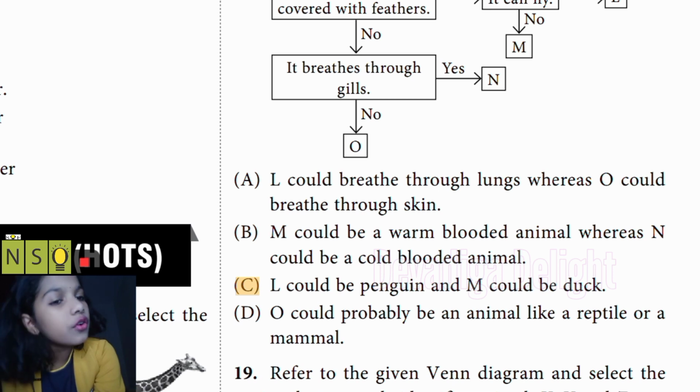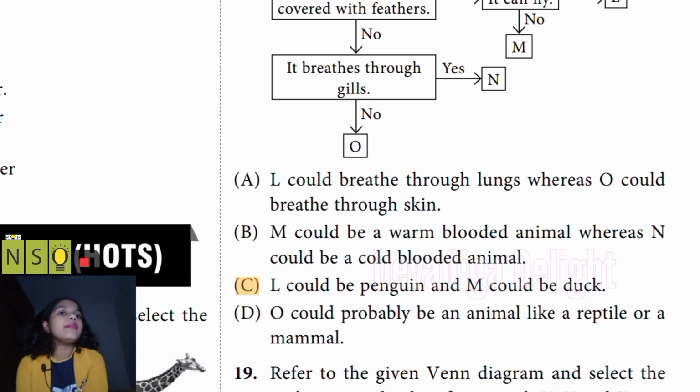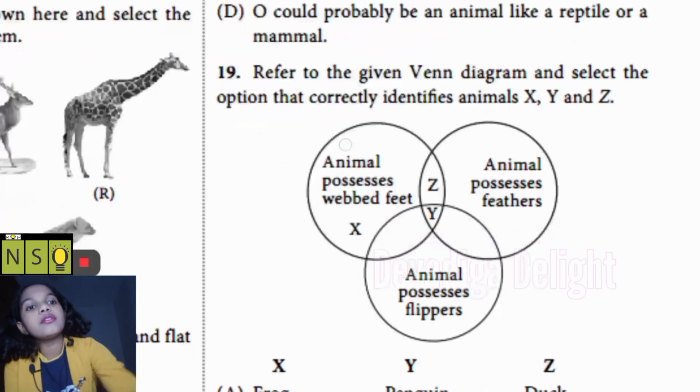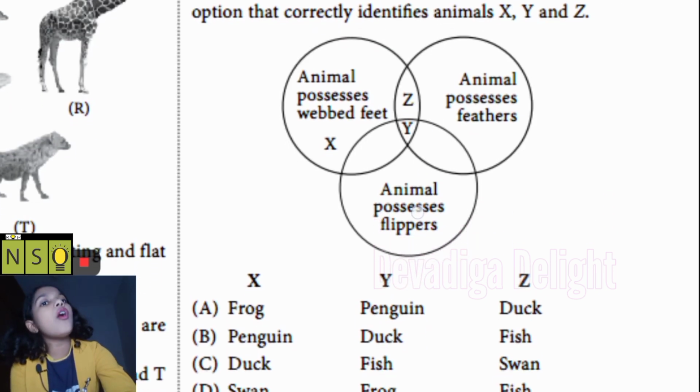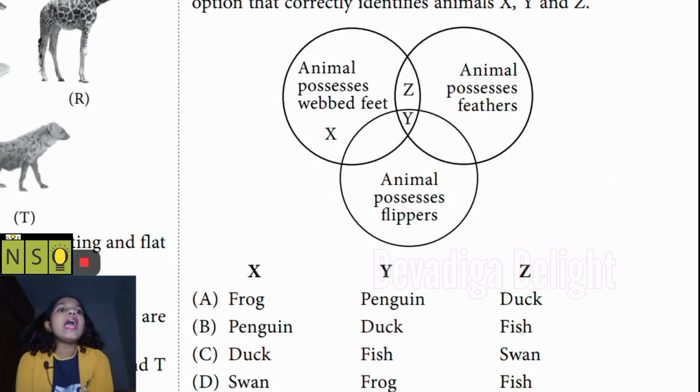And D is, it could be an animal like a reptile or a mammal, which is true. As I told, it can be a reptile, amphibian, or a mammal. That is not specified. So here, refer to the Venn diagram and select the option that correctly identifies X, Y,